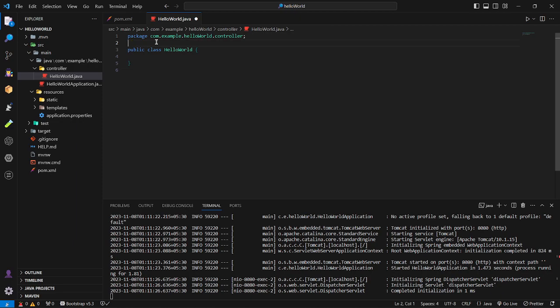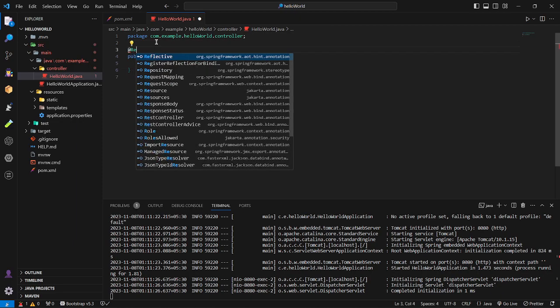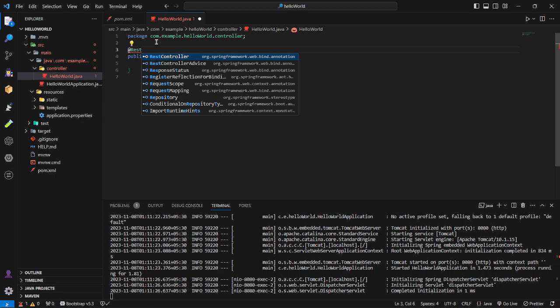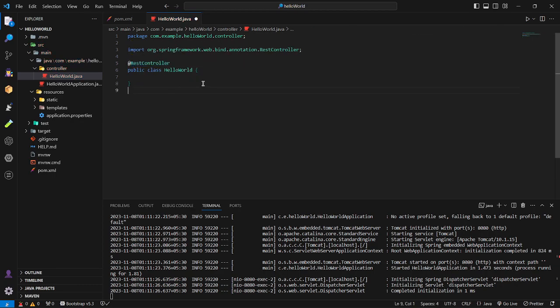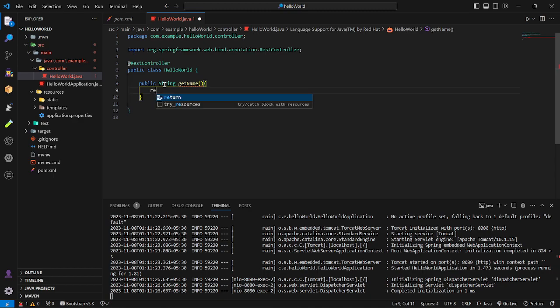Then I will mark this one as a REST controller. Okay, inside this class I am going to add a method called getName, public String getName. Inside the getName method I return hello spring boot. Okay,